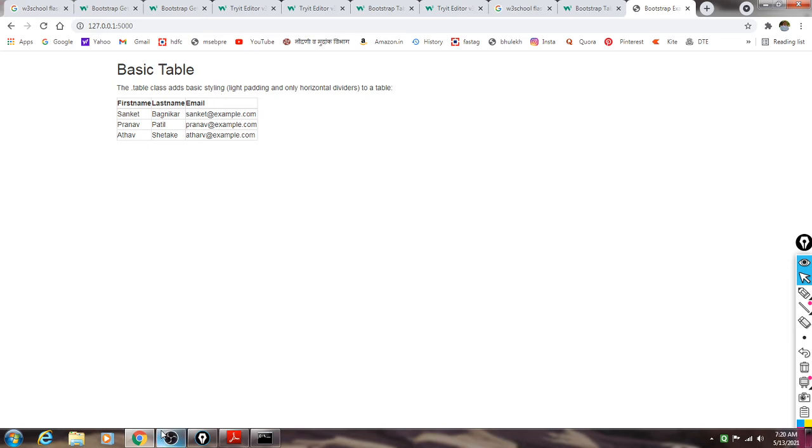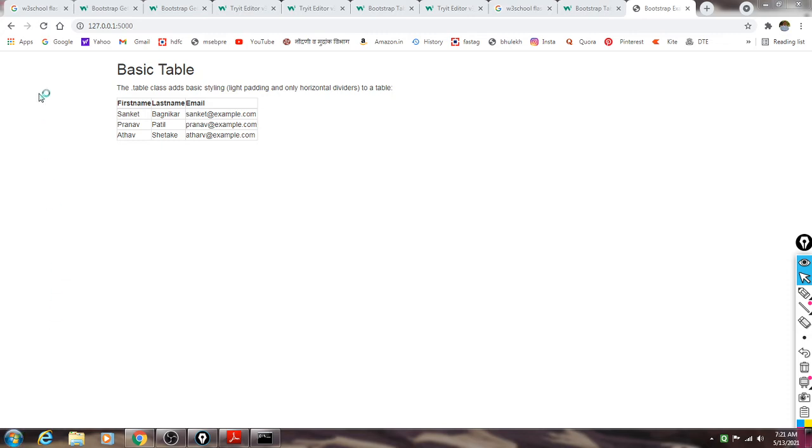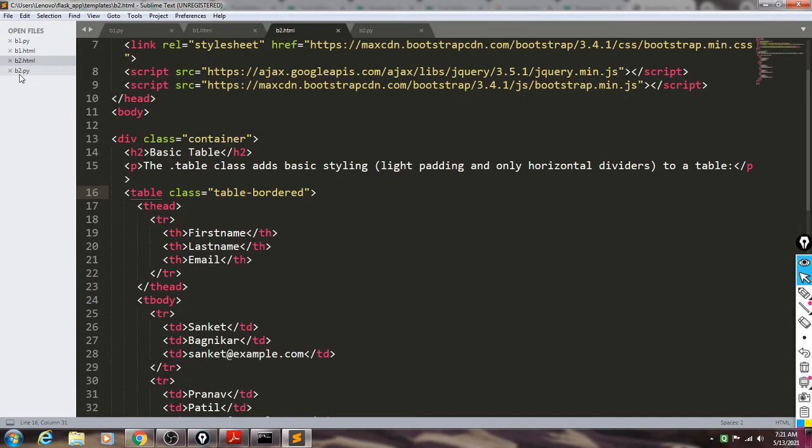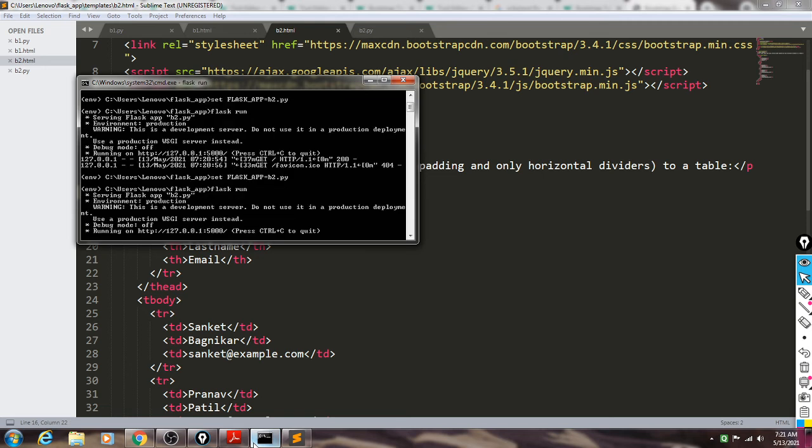Okay, here I think the class has changed, so we can check that one, b2.html. So here the class is used as table-border, we can change it to table because we are using the table class. So save, again we are executing this one. b2.py flask run.